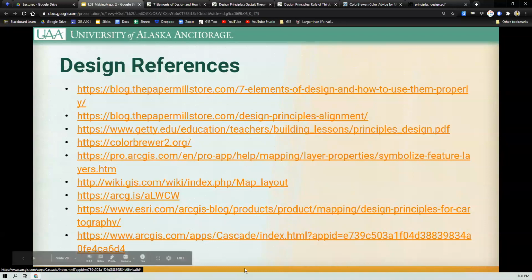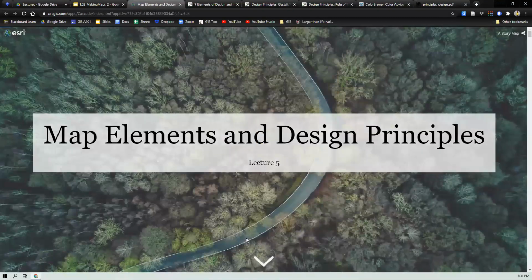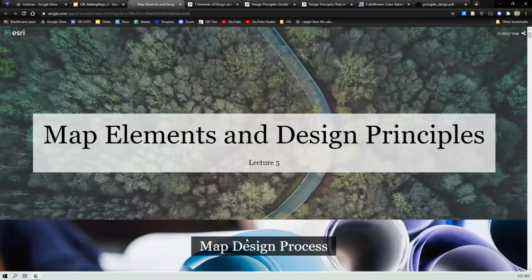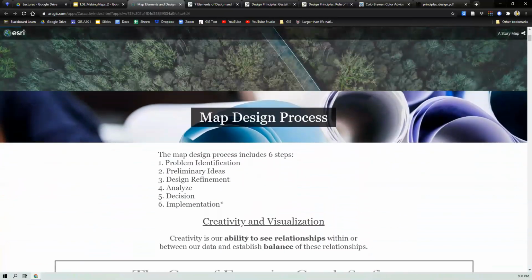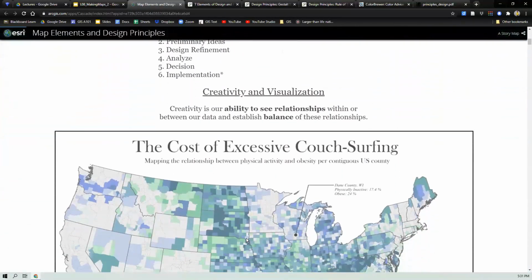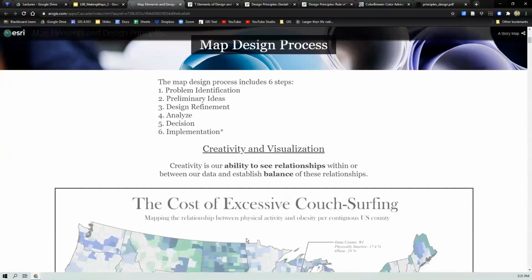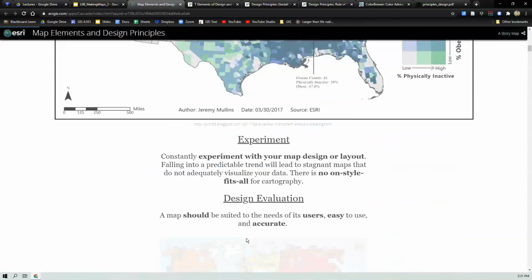There's a really good story map. I think it's this last one. I hunted all over to try to figure out who the author of this lecture was and see if they had any more good lectures I could steal from. And I couldn't identify that anywhere in here. Bonus points to anybody who can, but I spent a fair amount of time looking at the code behind the website and still failed. But the reason I liked this, other than that it covers a lot of the same stuff that I talked about with some more pretty pictures,